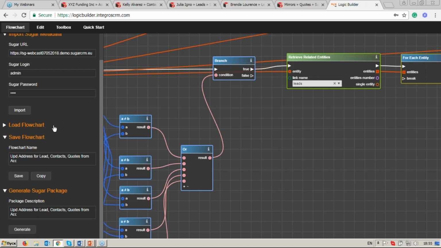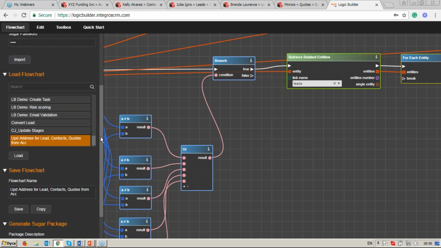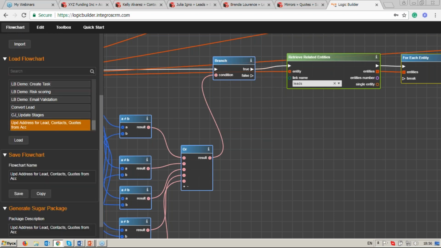Then in the Load Flowchart section, you find your flowchart by name, how you named it. Click on Load. Actually, it's currently open, so it doesn't download. But you load it here. You perform changes in the interface, and as we did, you save your changes and